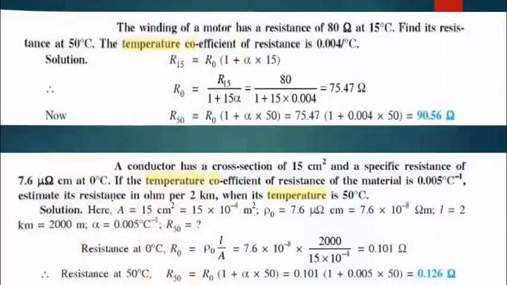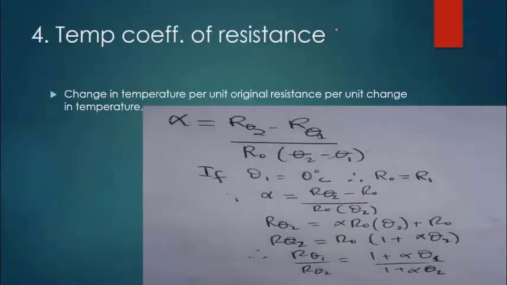So we can solve an example here, that the winding of a motor has a resistance of 80 ohms at 15 degrees centigrade. Find its resistance at 50 degrees centigrade. The temperature coefficient of resistance is 0.004 per degrees centigrade. There are two approaches that you can use here. I want you to note that